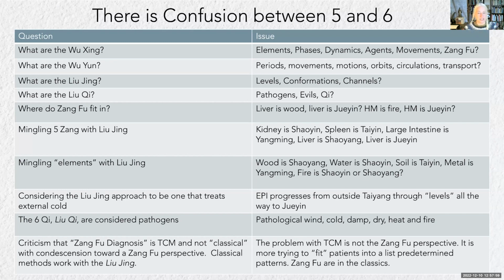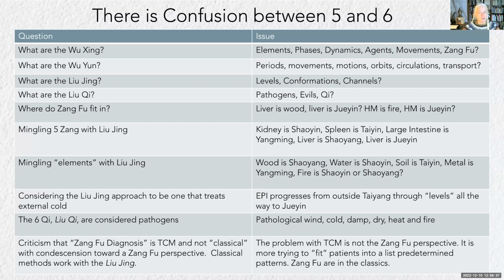And this actually is really problematic because, just as an example that comes up a lot in clinic and when we do case reviews with my students, somebody is constipated, so we know they have stasis in their large intestine, and there's a tendency, oh, the large intestine is Yangming, and what do we do in Yangming? We purge with bitter ingredients. So if we conflate large intestine with Yangming, we're going to be purging way, way more often than we should be.